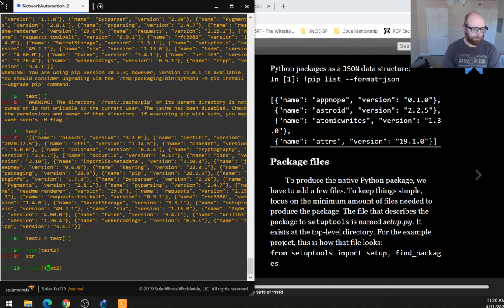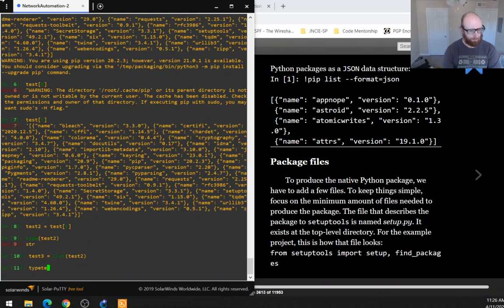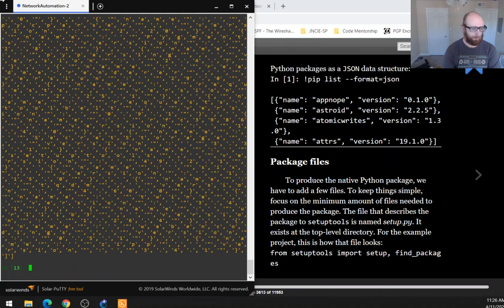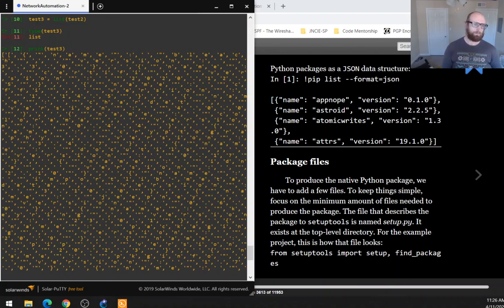Let's see here. So test3 equals list test2, type test3. Test3 is going to be a list, of course. Print test3. Oh, that didn't work. Yeah, shoot, I thought